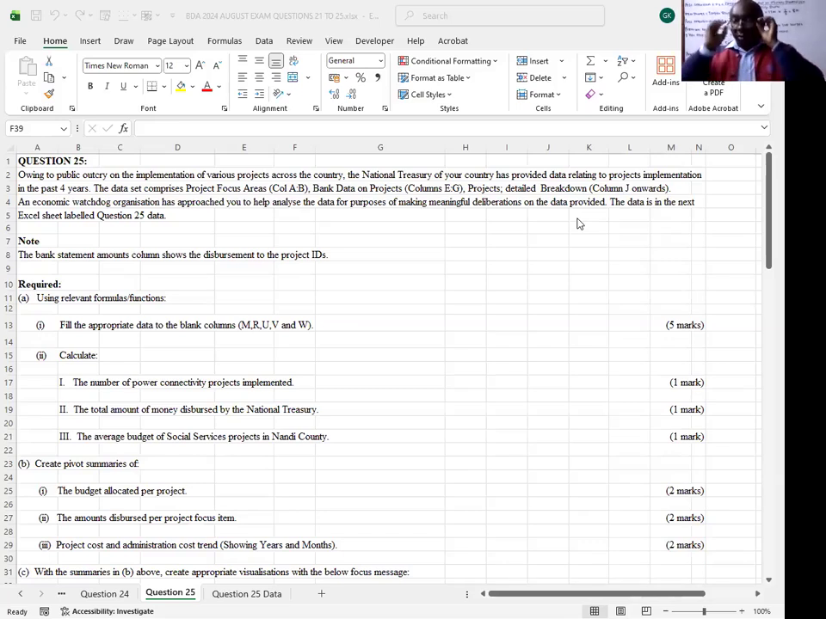So today we are dealing with this question that was tested in August 2024, question number 25. I believe you are able to see my data. And the question says,